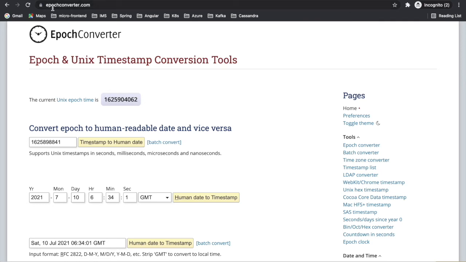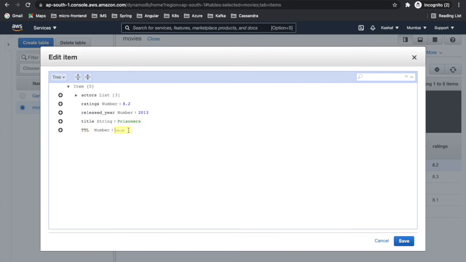You can go to epochconverter.com and take the epoch time for whichever time you want to delete your item. Currently I am taking the current time, and I am going to paste it here and save.